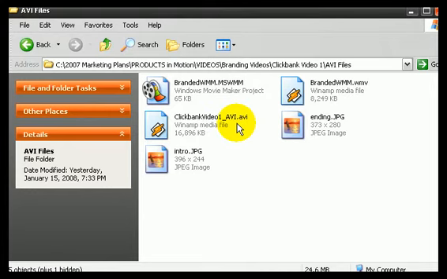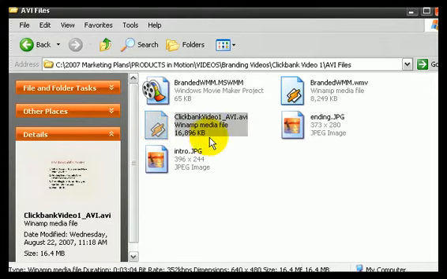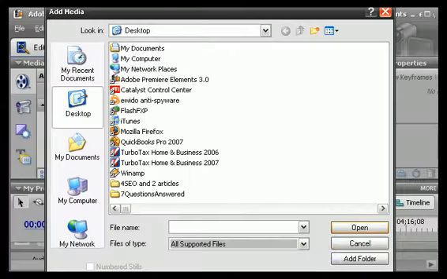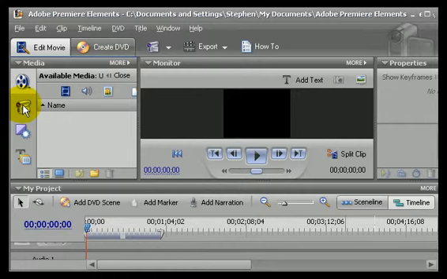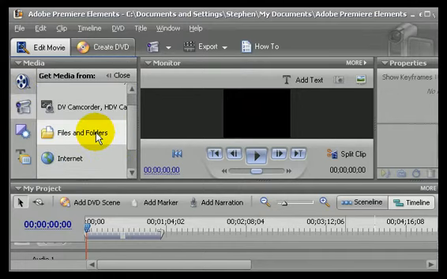We want to brand the AVI file here, and it doesn't matter if it is a WMV, a MOV file, or an AVI. If we go ahead and import that, if we go to Adobe Premiere Elements, and as we saw the Add Media function, if you go to this video looking thing, click on Files and Folders,